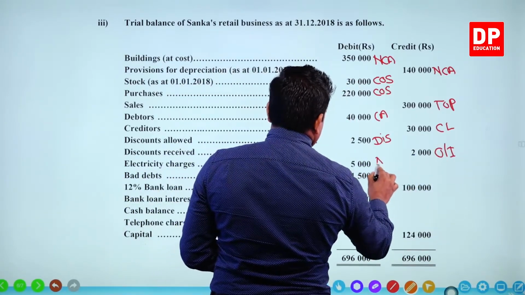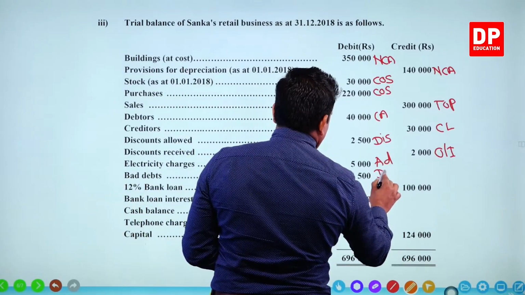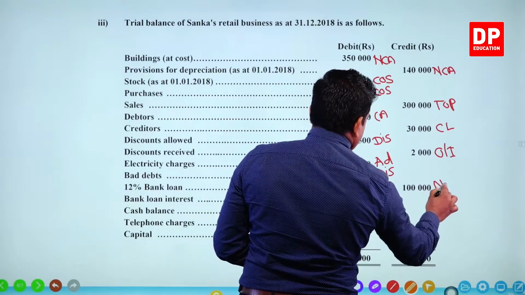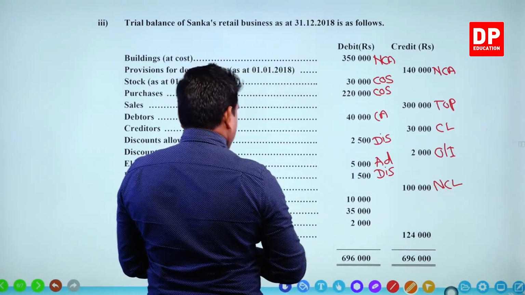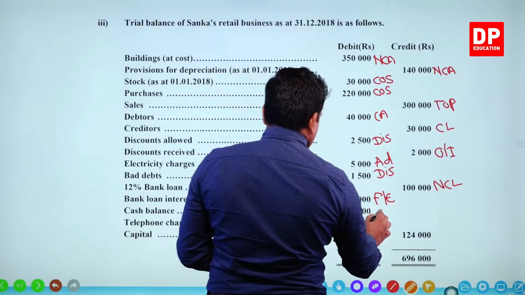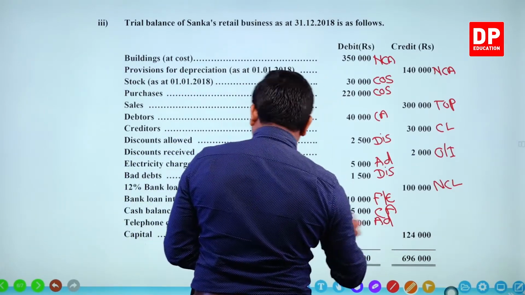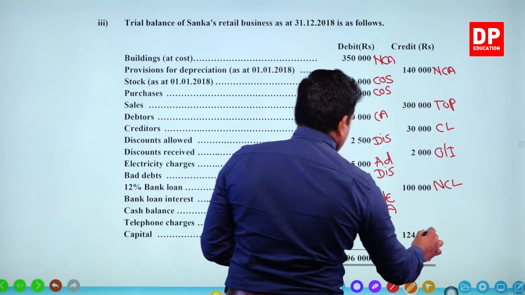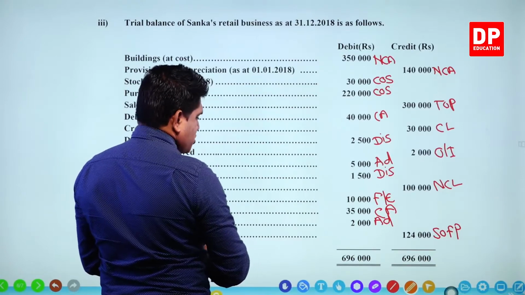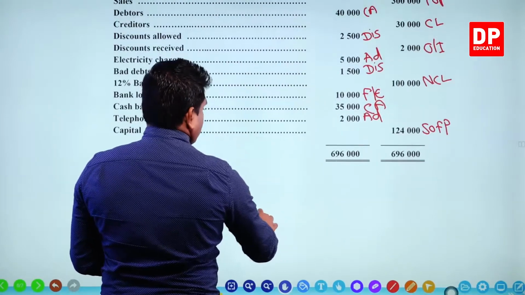Electricity, administration, right? Bad debts, distribution, DIS, distribution. Bank loan, non-current liability. Then bank loan interest, financial expense. Cash balance, current assets. Telephone charges, administration expense. Capital, SOFP, statement of financial position, right? Then you remember this,